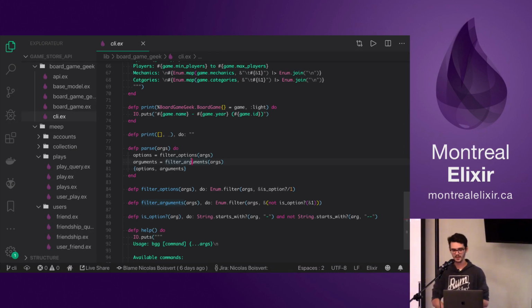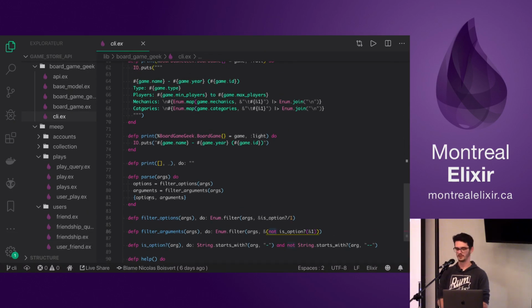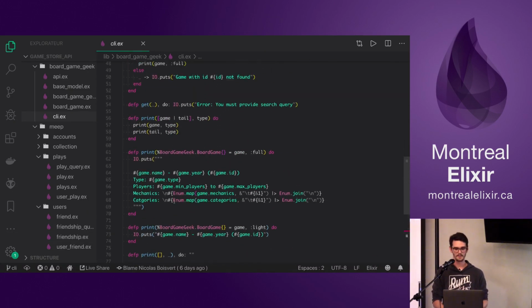Here's an example. So I have a list of arguments, and then I call the function that is filter option. The filter option function filters the arguments and checks if it's an option. To see if it's an option, it starts with a dash, but not with a double dash. So it's pretty solid. And to filter the arguments, I do the same, except that it's not an option. It's a clever trickery. And I get a cute tuple of options and arguments that I can pass to my